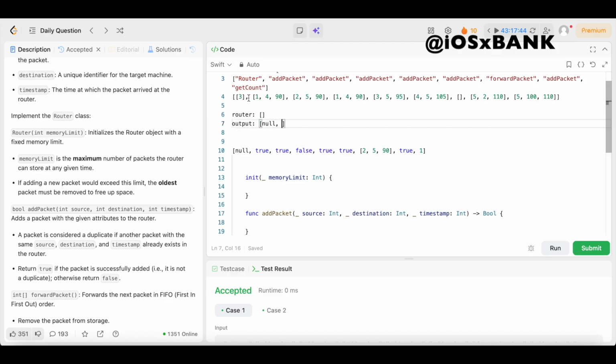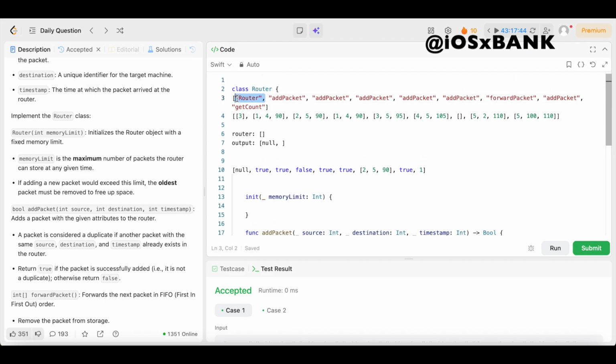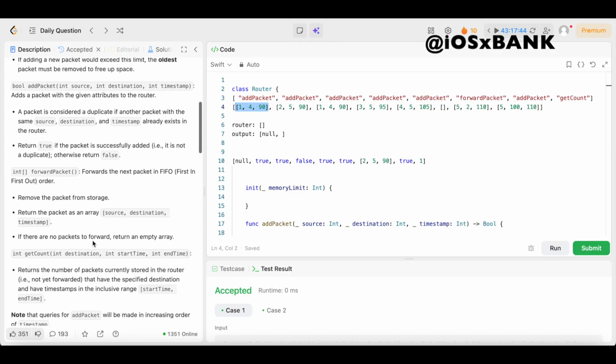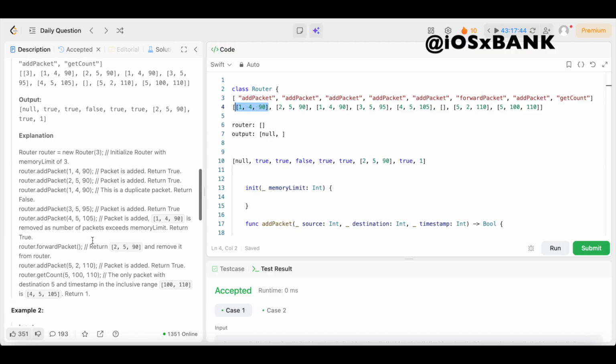We're just initializing the class with a memory limit of 3. Boom. So we can get rid of this, since we already called it, and so we don't get confused, we're just going to remove it as we go. Then we're going to call this add packet function with this packet. So we are going to add this packet to the